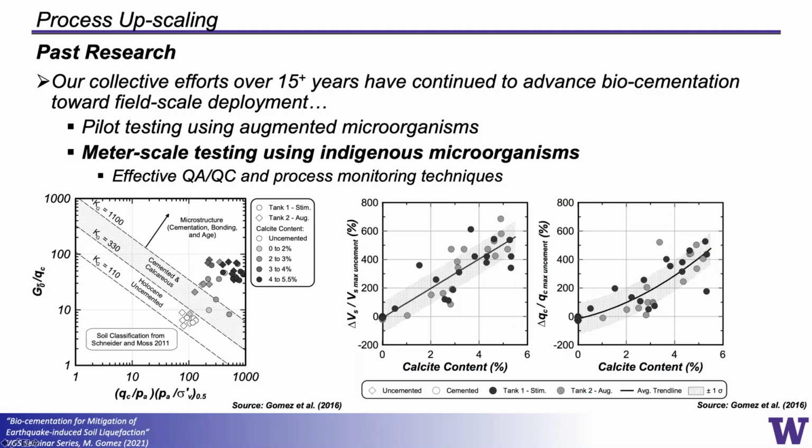So really a ratio of a small strain to a large strain behavior, plotted versus normalized cone tip resistance. And what we're able to do is use these types of metrics to actually track changes in cementation. These values are coming from the same tanks which we showed from before, basically suggesting that we can plot our uncemented materials here, and our cemented materials coming from MICP follow KG, or they follow these slopes and zones that one would expect for cemented material, regardless of the fact that we're doing it with MICP